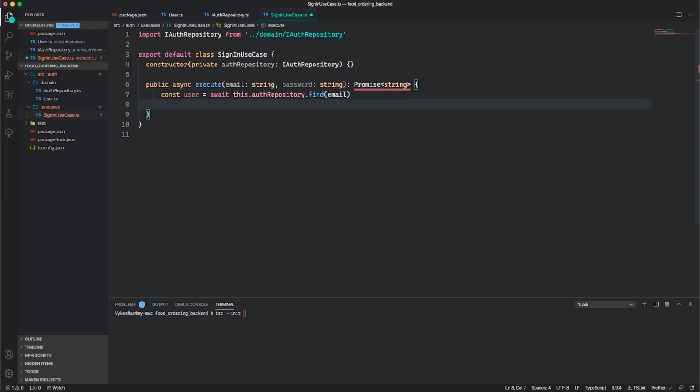Then I'm going to check if the password that I pass in was empty